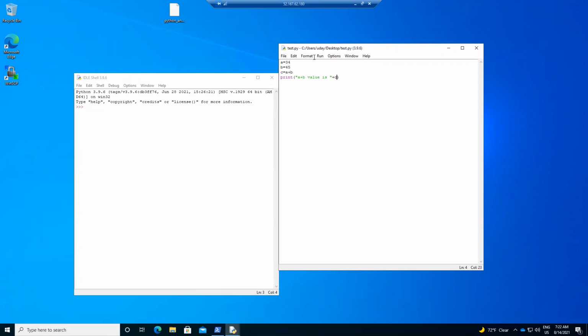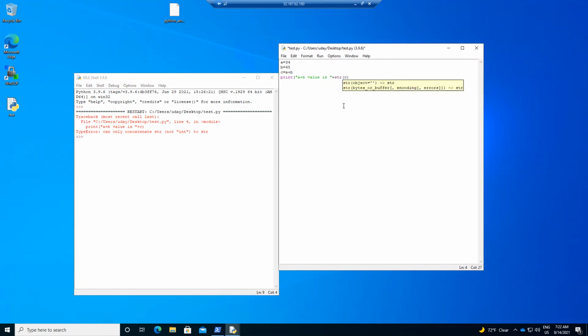If I want to run this, click on run and click on run module. It will show on the left side. The error it is showing is a TypeError: can only concatenate str, not int. Here the first part is a string and the second part is a number, an integer. So when we are executing that, we get this error as you cannot join int and string. So I will convert this C to string by using the str method. Save, click on run module. You can see it is executing here.